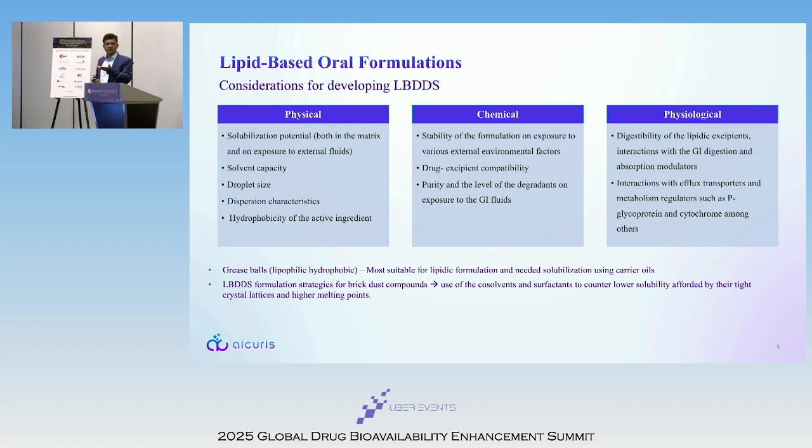The digestibility option I already discussed in the beginning, how the given MCT or LCT is getting digested in vivo. That is something important to understand. Whether the given lipid is going to interact with the efflux inhibitors. Often we have the option of using efflux inhibitors, like for example, poloxamer, this polymeric surfactant we use to interact with the efflux transporter in case you want to decrease that efflux and increase the bioavailability. This is something important. Several lipids have this property to interact with the efflux transporters. That is something to be carefully checked.